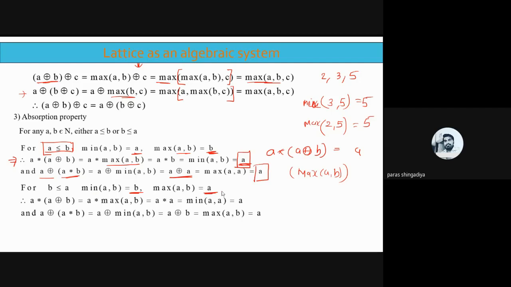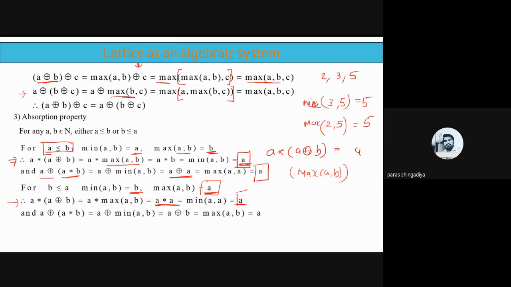Clear? And now check the condition 1, A star A ring sum B. A star A ring sum B means maximum of AB, that is the meaning of ring sum. And maximum of AB क्या है हमारे पास? That is equal to A. So use this value here, A star A. And A star A means minimum of A comma A. Clear? That is right, minimum of A comma A. And what is answer of minimum of A comma A? A itself. Okay, so answer is A.